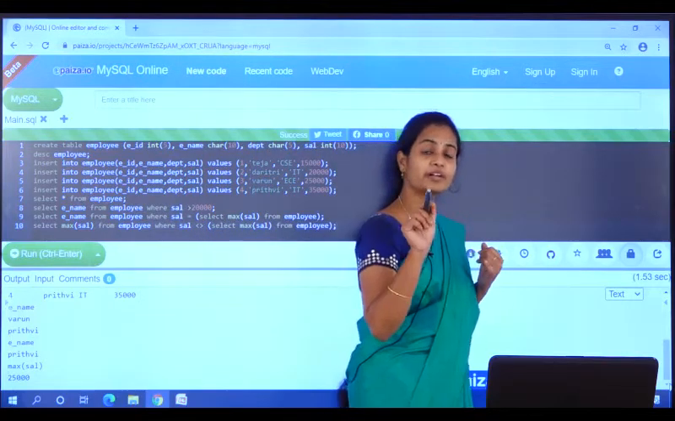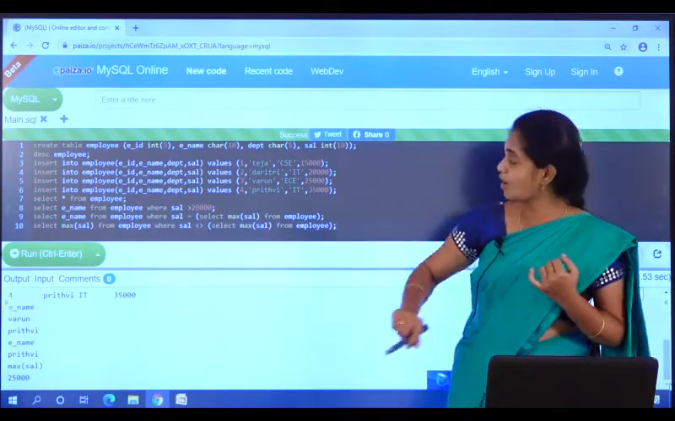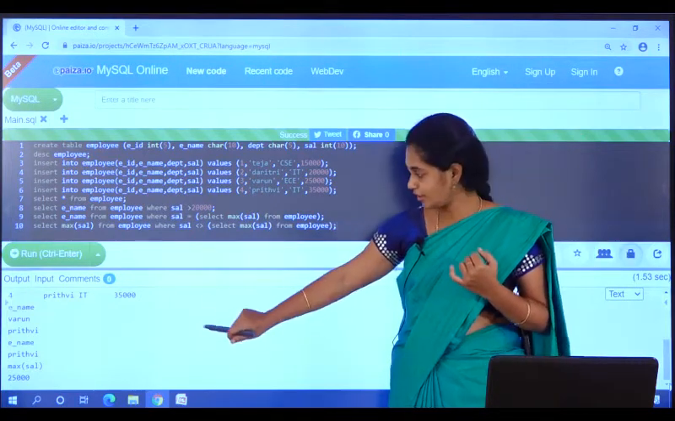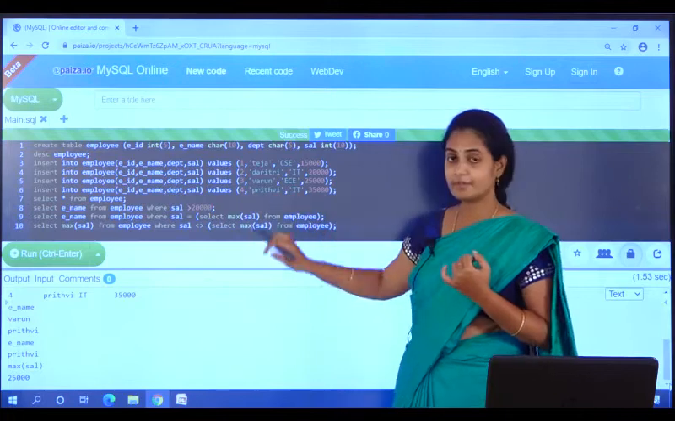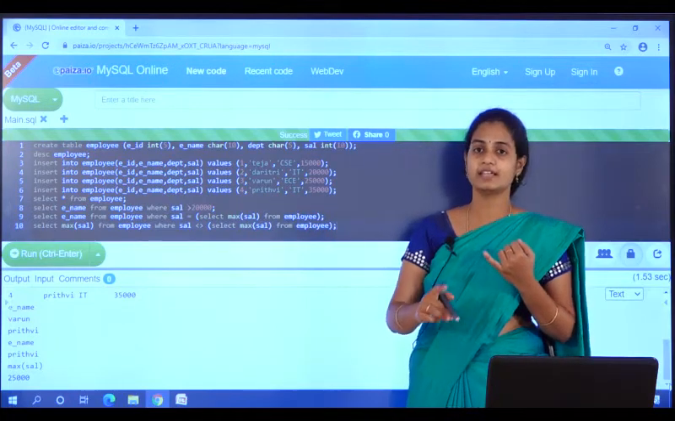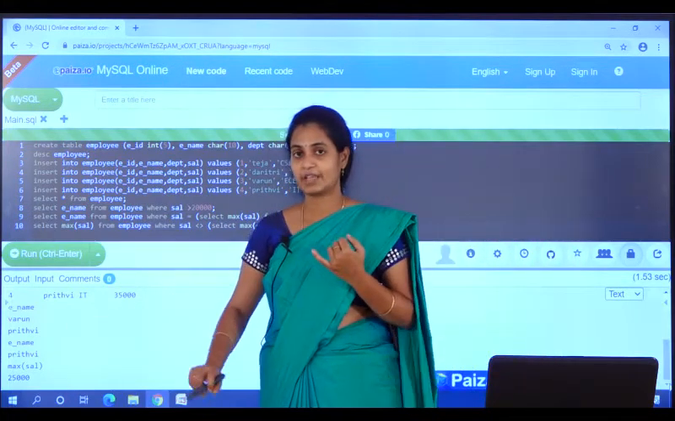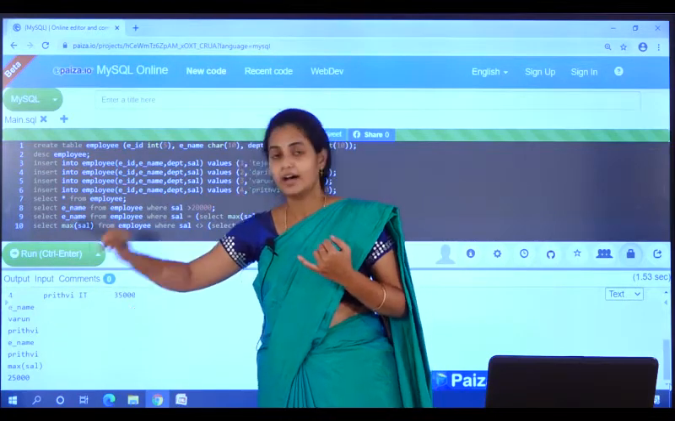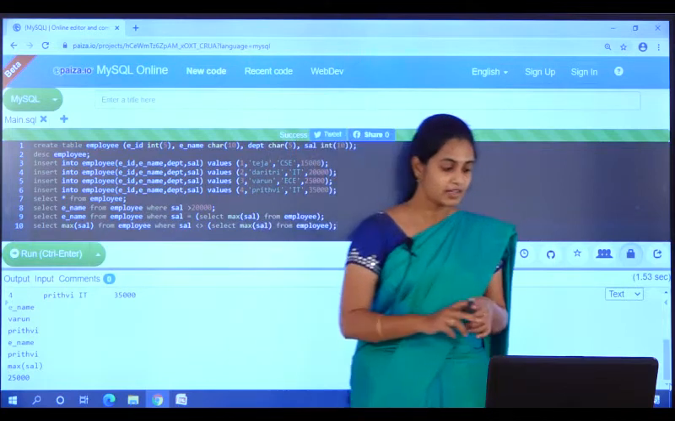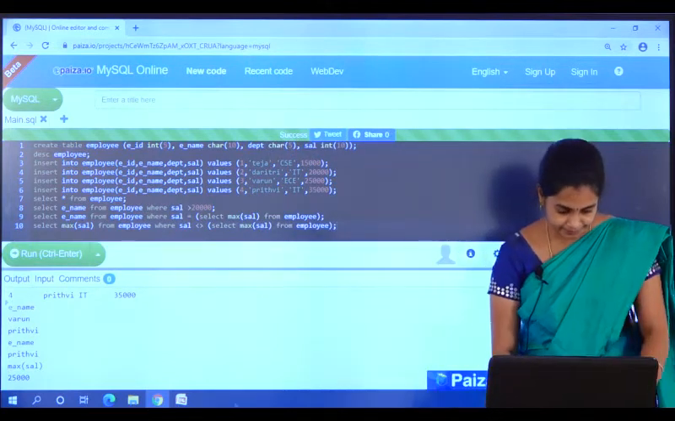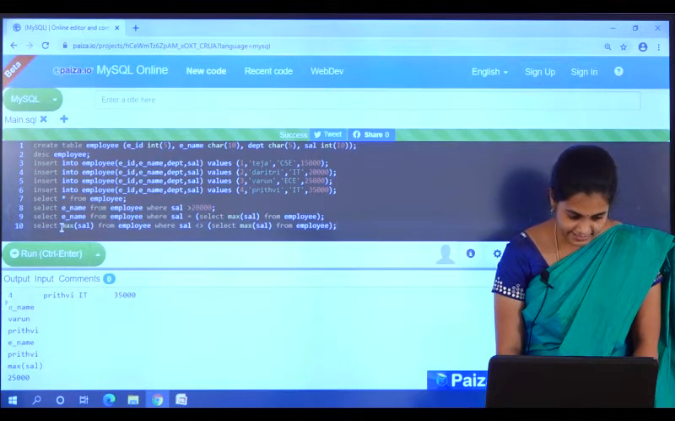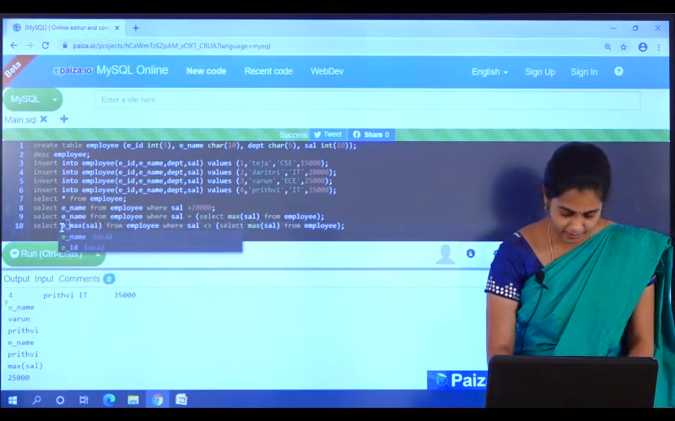Now, how do you retrieve the employee name of the second highest salary? Here, from my database, I have retrieved the second highest salary. I want to know the person who is getting the second highest salary. So, what will I write here? How can I write the query here? Select e-name